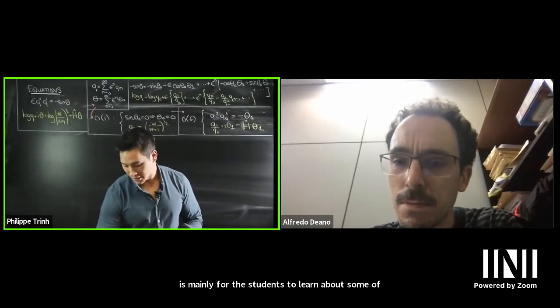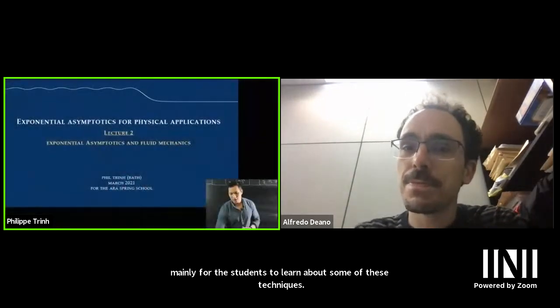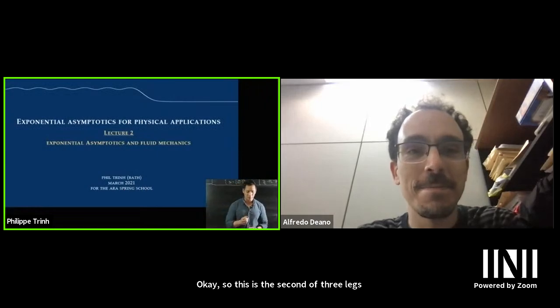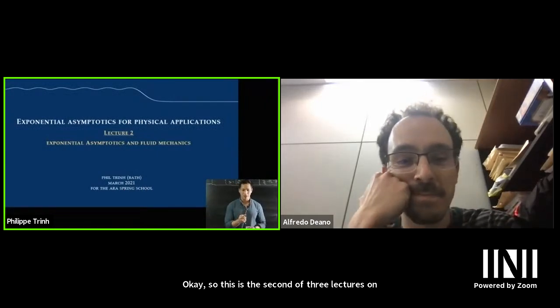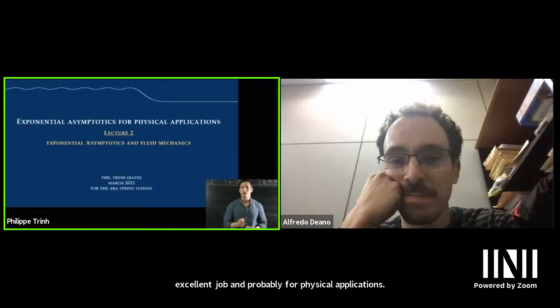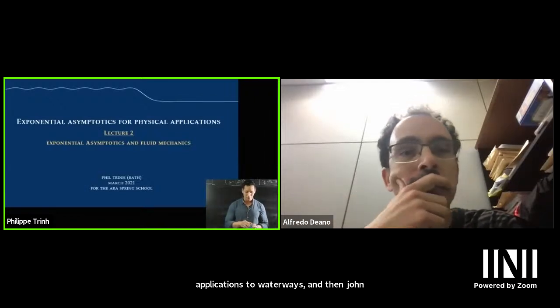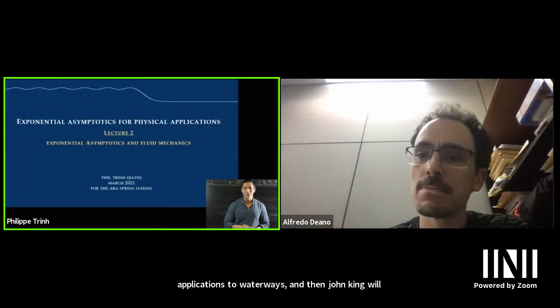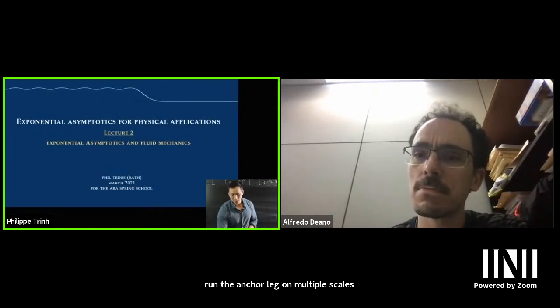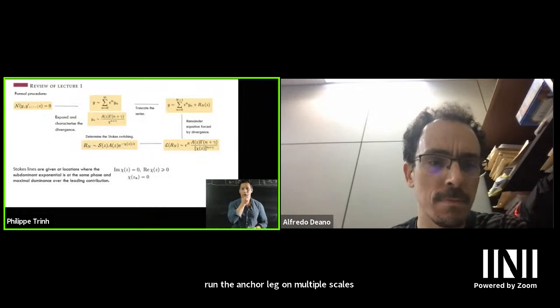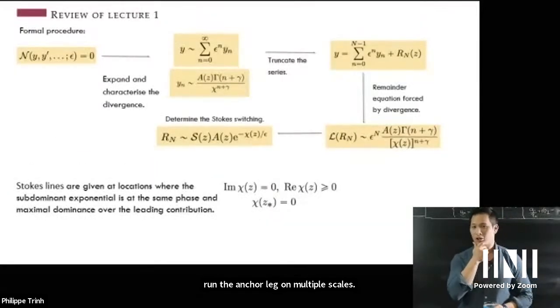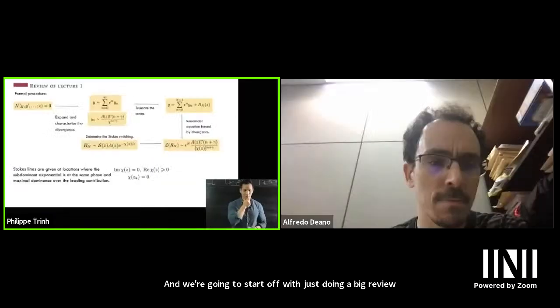Okay, so this is the second of 3 lectures on exponential asymptotics for physical applications. The first one was yesterday by John Chapman, and I'm doing the second one on fluid mechanics and applications to waterways. And then John King will run the anchor leg on multiple scales. And we're going to start off with a big review of what John taught you yesterday on applications